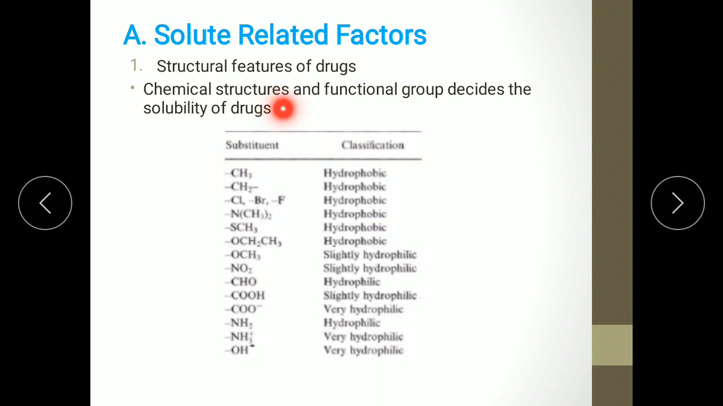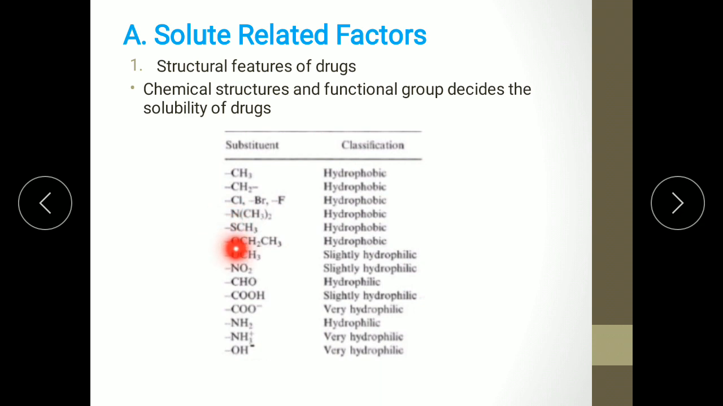Now chemical structures and functional groups decide the solubility of a drug. Whatever chemical structures and different functional groups are present on the drug molecule will decide the solubility of the drug. Now here some list of substituents are given and classified based on their hydrophilic or hydrophobic nature. Suppose any drug molecule contains substituents such as methyl group, methylene group, or chlorine, bromine, or fluoride ion, or